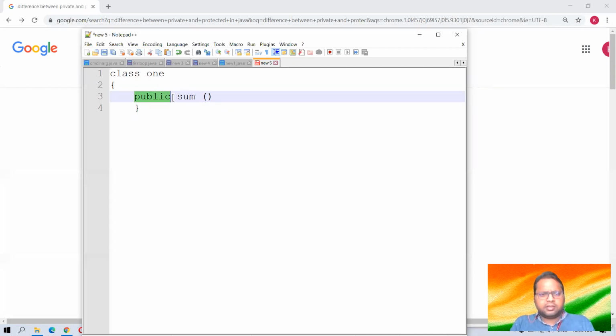Now when we make it private, then what? It can only be accessed within the class. It is not accessible outside the class. If we have two or more classes in a program, and if we have defined anything public, then that public material, public functions and variables, can be accessed in class 2, class 3, in other classes also.